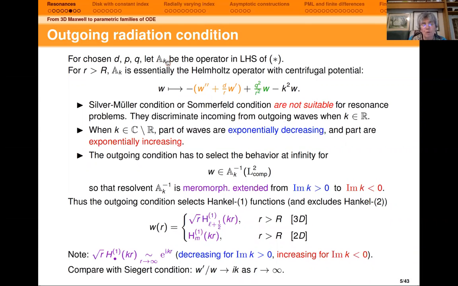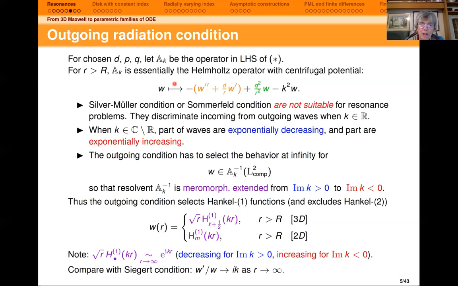K is a spectral parameter, and A_K is a self-adjoint operator, bounded from below, and its spectrum is R plus. It is the essential spectrum. It doesn't have any other spectrum. The resonances are